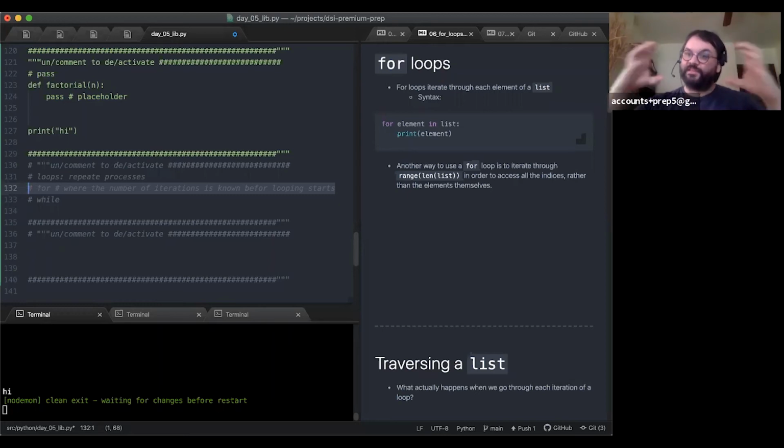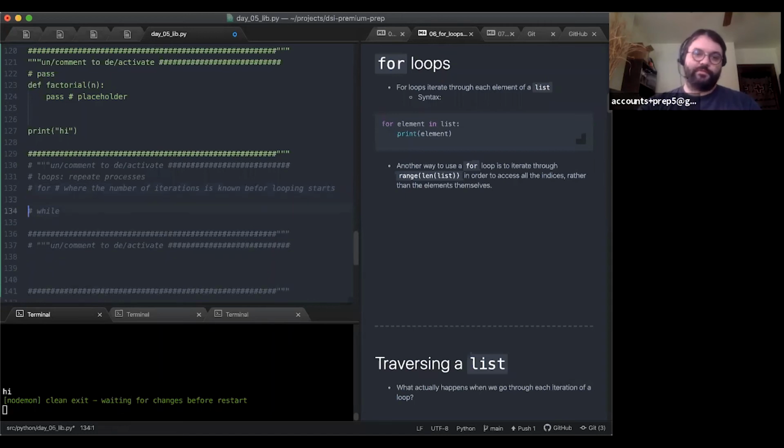You have a list of events, a list of numbers, a list of words, and you want to examine each of those. Maybe you want to check some conditions on each or run some process on each element, and you can use a for loop for that. For problems where you can't determine the end ahead of time for whatever reason, you have to use a while loop and loop until you find what you're looking for and then stop the loop.